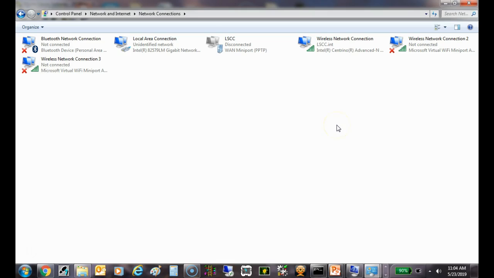By the way, these guys, what Windows does, if it does not find a DHCP server, it will assign itself an IP. And it will always be 192.168.0. That's pretty standard. So Windows will have an IP address if you have it set up for dynamic. If you have it set up for static,